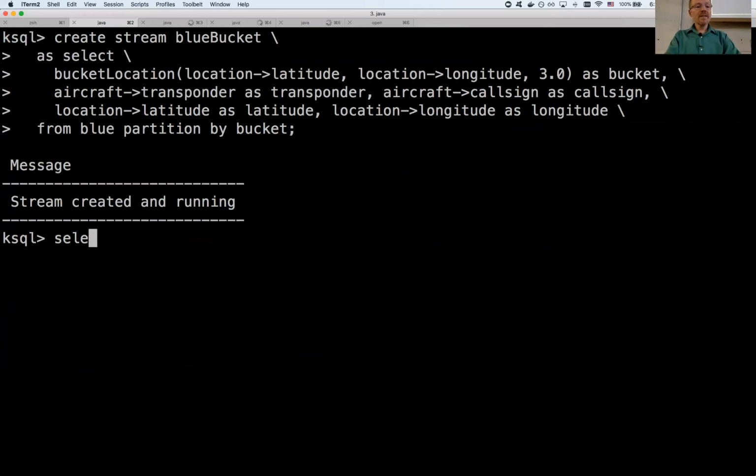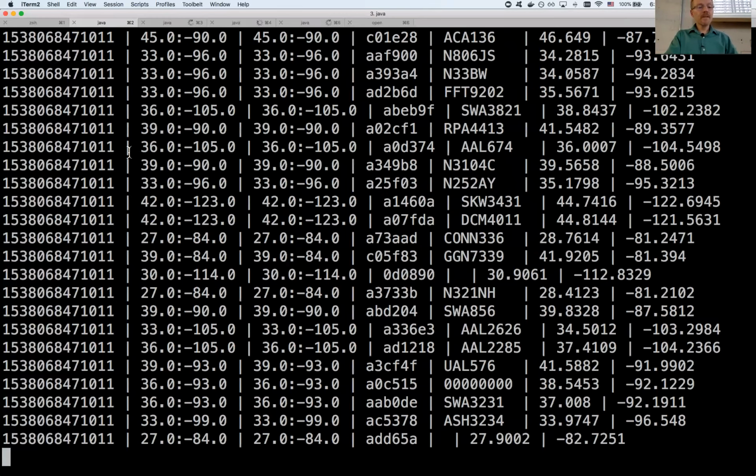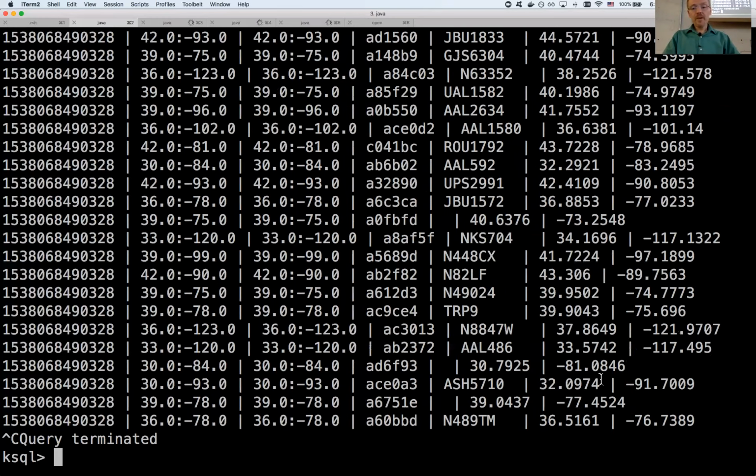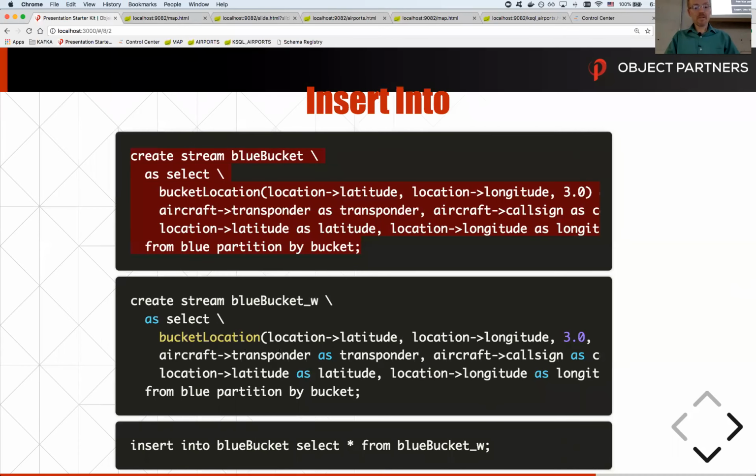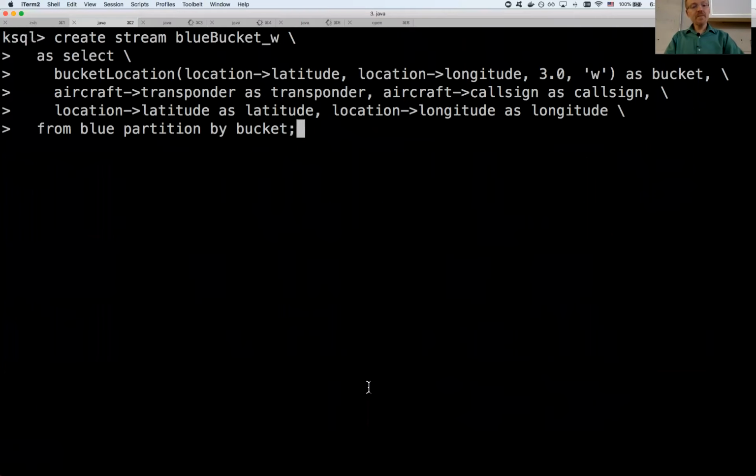If you look at the data after, you will see that for any coordinate system the plane was in, it puts it in a bucket. Well, how do I get 9 buckets in KSQL? That was my trick. I will show you from another one. I had to create a custom function that would say, give me the western bucket for my blue plane. My blue plane's in this one, and I need the one to the west, so I create my custom function to say, give me the western one.